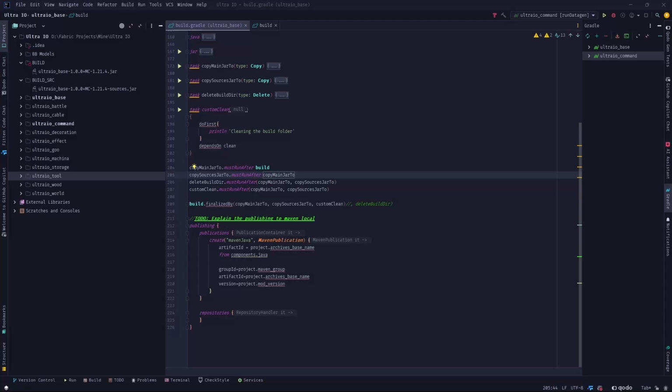Let's talk about Maven Local and directly consuming a jar file so that we can make dependencies between our submodules